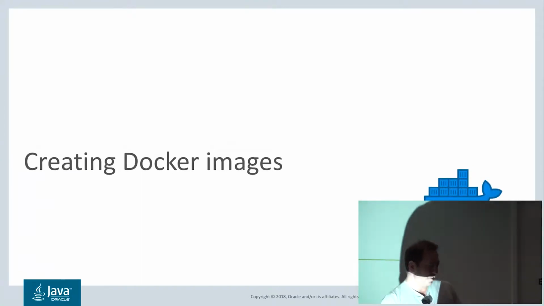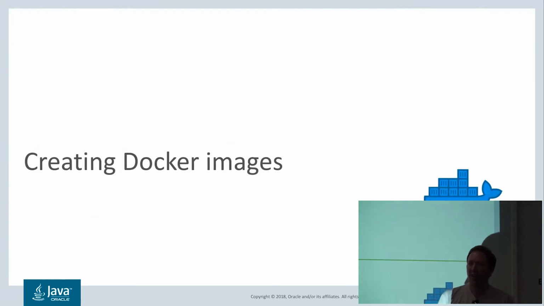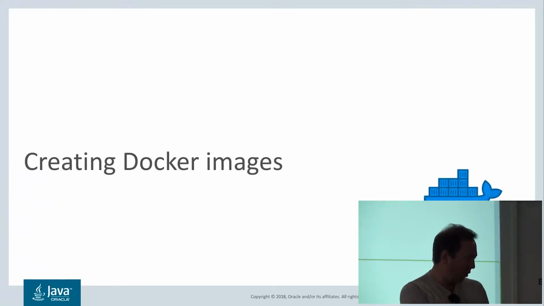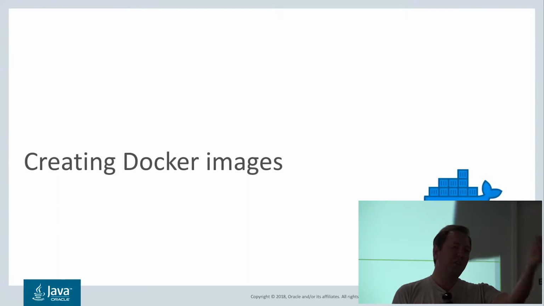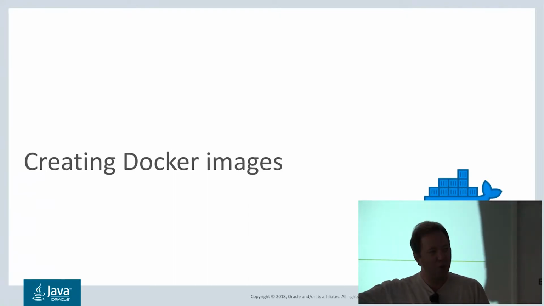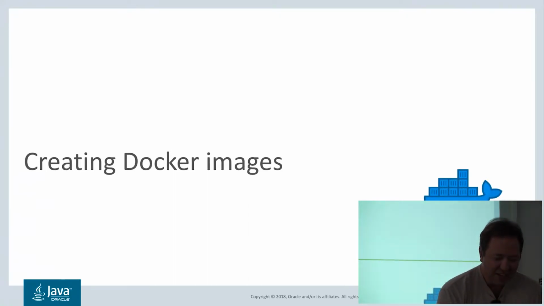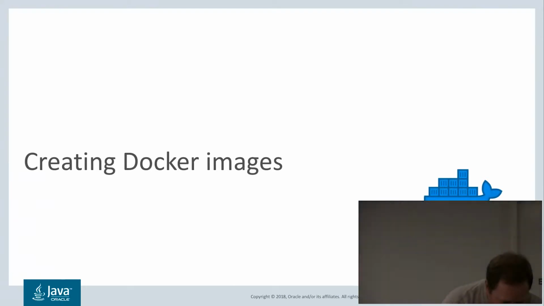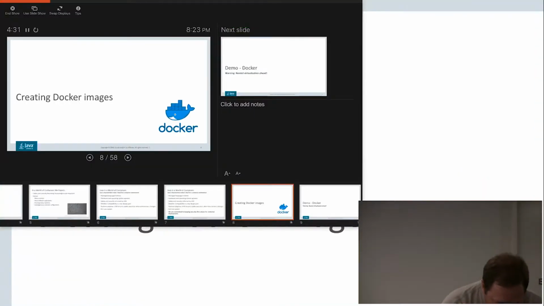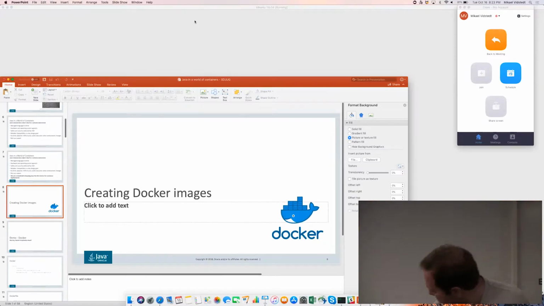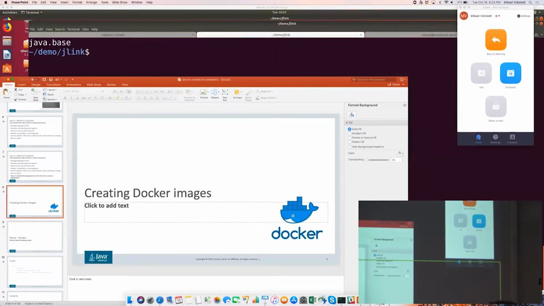Who here has actually used Docker? Okay, a bunch of hands. Who has created a Java-based Docker image with Java in it? Okay, a few hands. Docker is obviously a few different things, but I think we did hear about the concept of images. It's also a company and a Docker Hub where you can store your images and stuff like that. I'd like to give a really quick demo of this. In the end, got black.